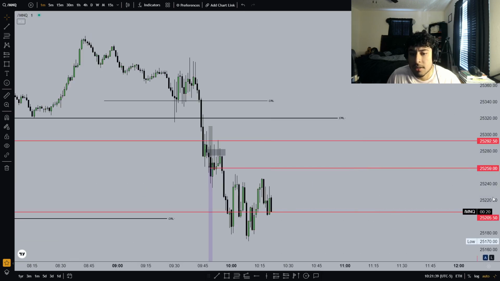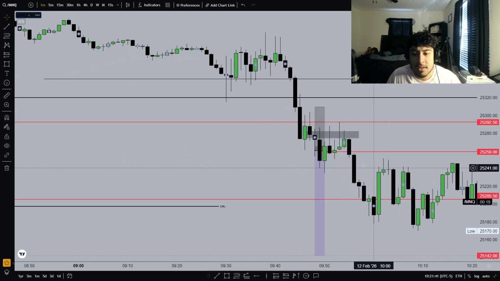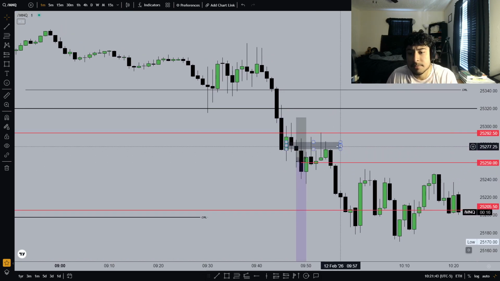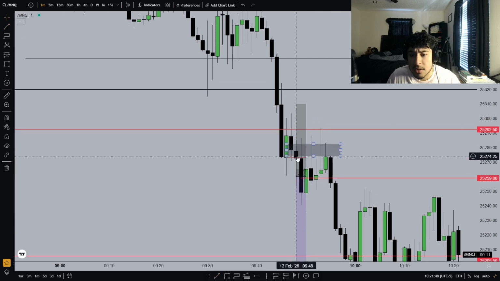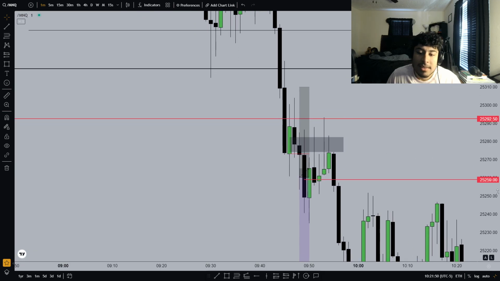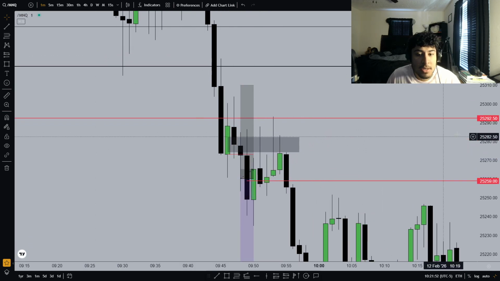So let's go over here on this chart now. Let's show you guys. On the 1-minute time frame, we entered right here off of this wick. Again, the order block showed a strong continuation, waited for the strong close. We got that and we entered. Not really the best entry, if I'm being truly honest. It was more of an impatient entry.